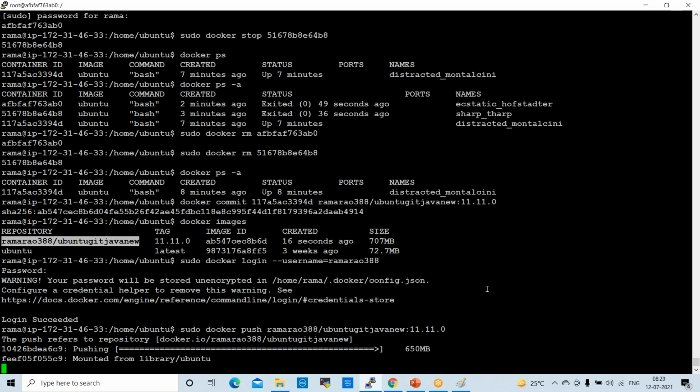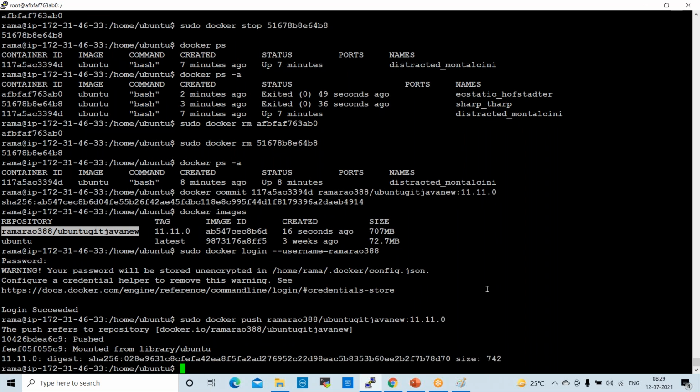Yeah. Now 650 MB only. This is the final size. So the image is pushed. Here some SHA code is generated, which means the image is pushed to Docker Hub.